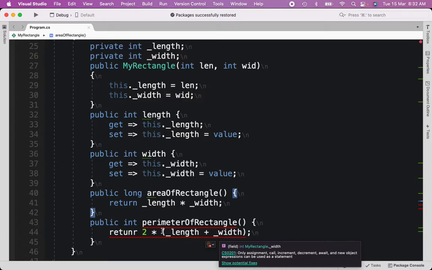Only assignment, call, increment, complement, and new object expressions can be used as a statement. _length plus _width, that is fine. What's the problem here? We are saying public int